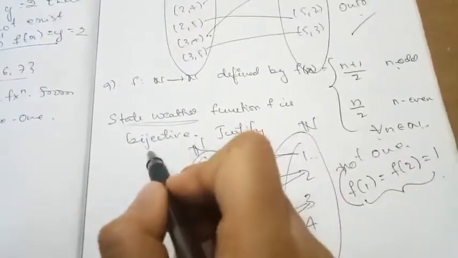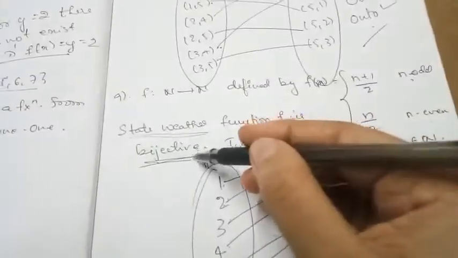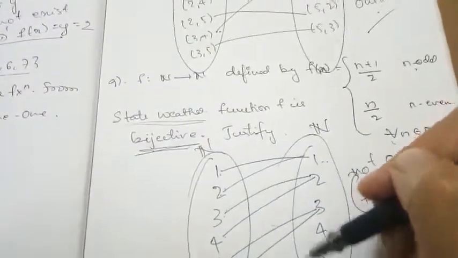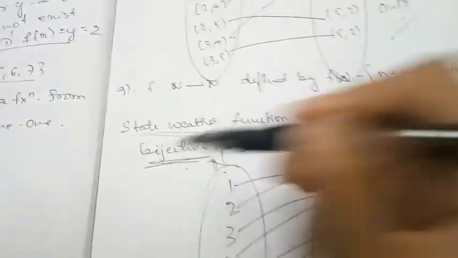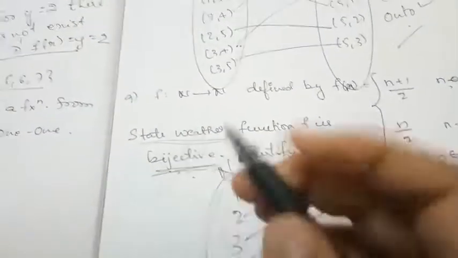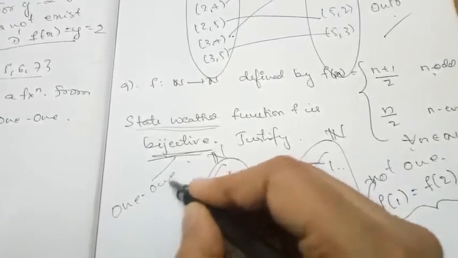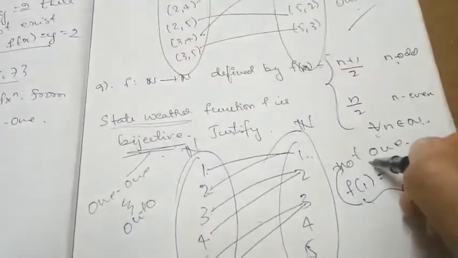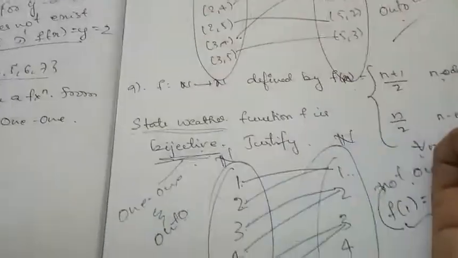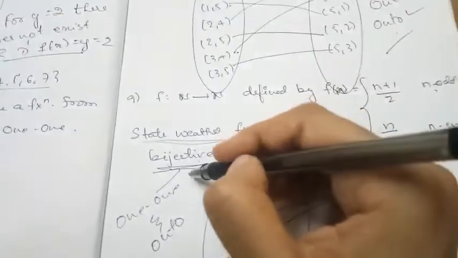So if you check the question properly here, this one statement is enough to say it is not a bijective function. Because why? The question asks, state whether the function is bijective. When will the function be bijective? When it is both 1, 1 and onto. Suppose the function is not 1, 1, then obviously it is not a bijective function. By looking into this statement itself, you can say that this function is not bijective.